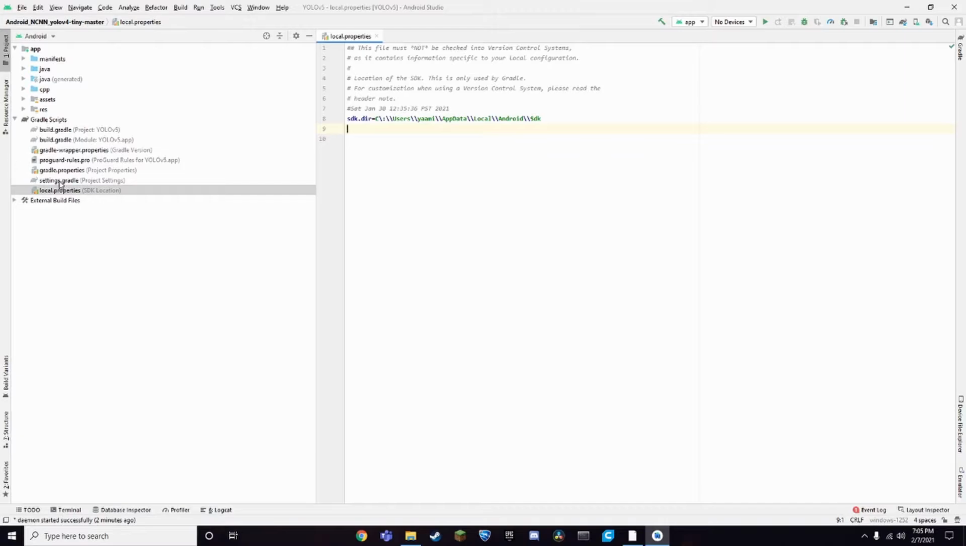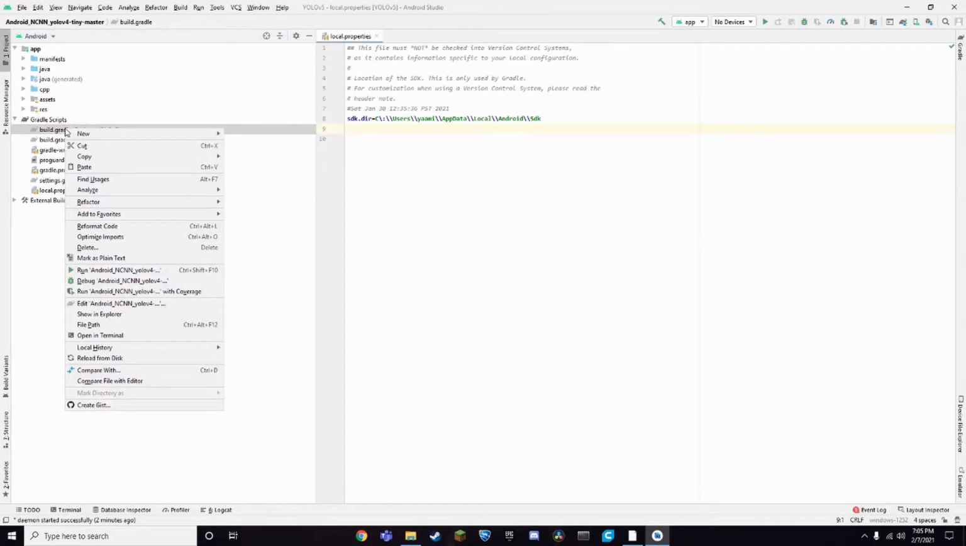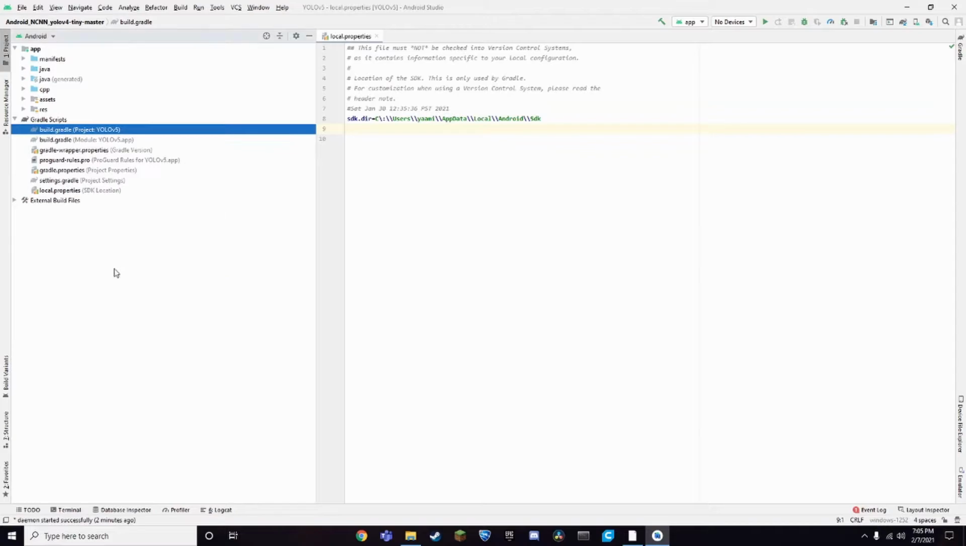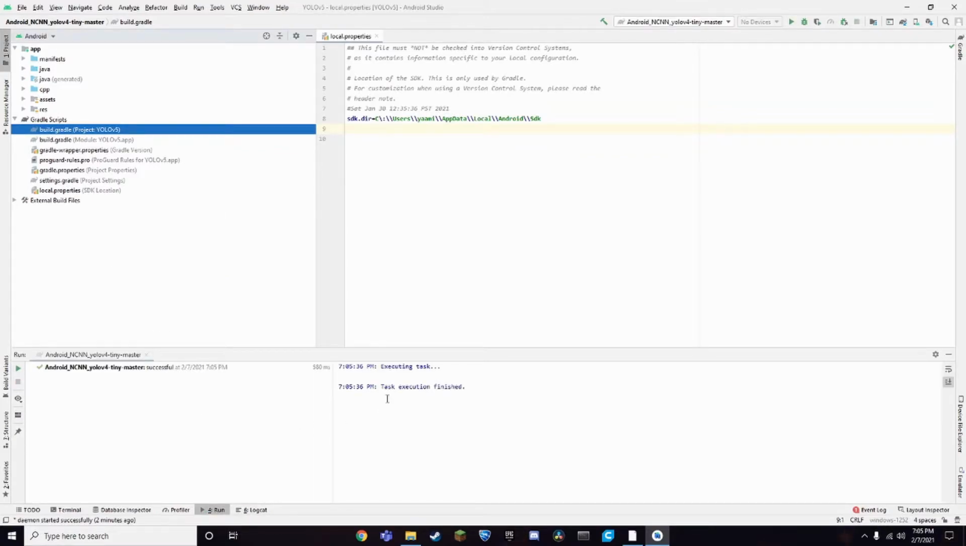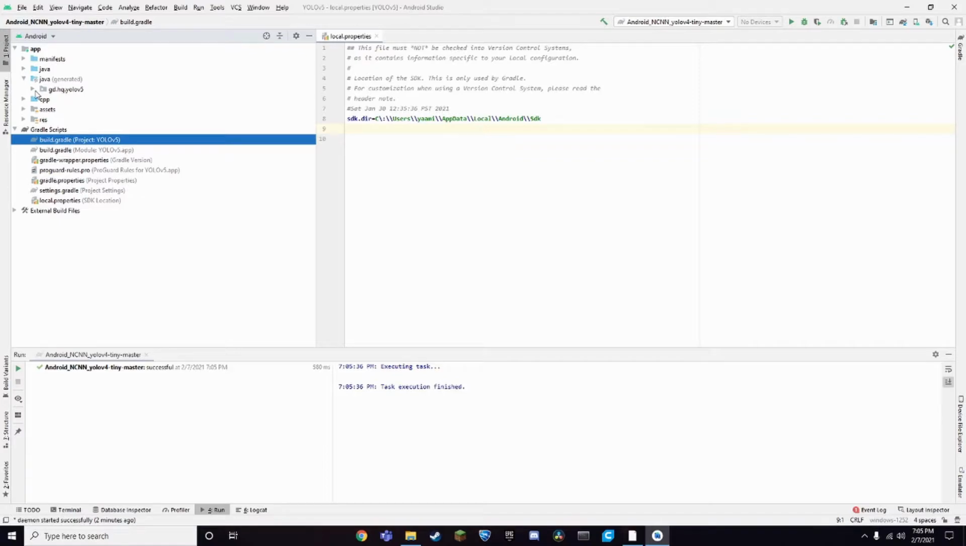Alright, so we have our local.properties. It's already set up. We want to go to our build.gradle. You want to right click on it, and then you want to run it, and then you can see in the log it says task execution finished. And so now we want to go to Java,